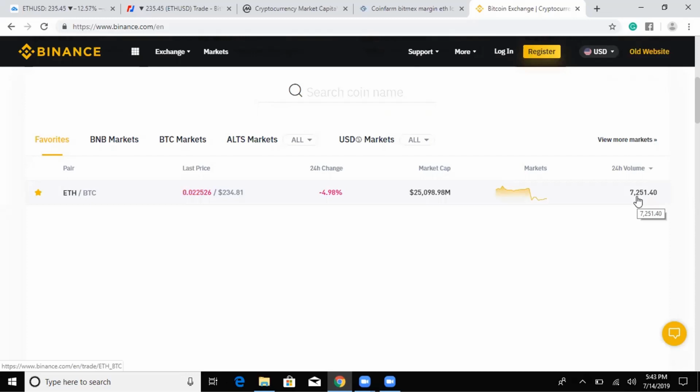So if you were waiting for price to go up, then the volume needs to go up. So if I'm trying to figure out, should I stay in a position, I just look at the volume. Is it going down? If the 24-hour volume is going down, then it's likely that the prices will go down. But if the 24-hour volume of Ethereum on Binance is going up,